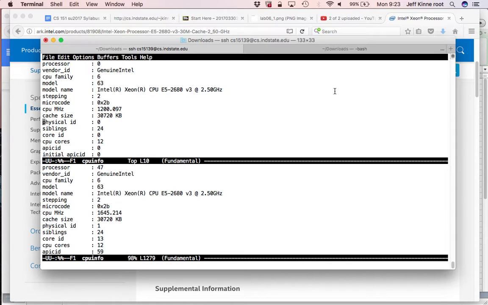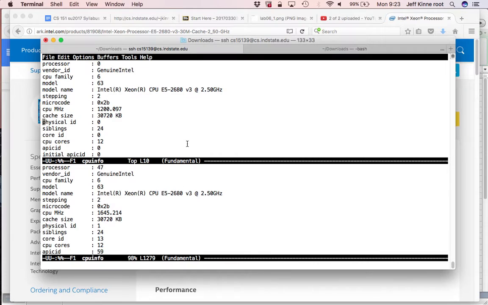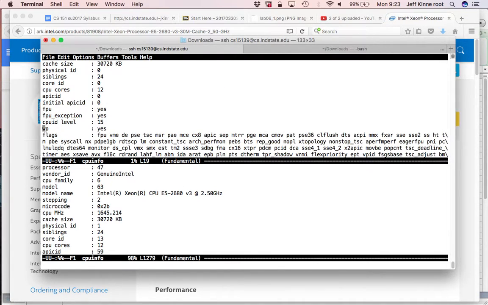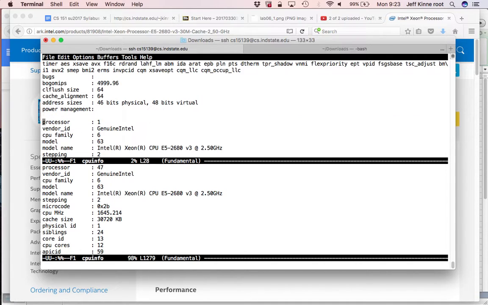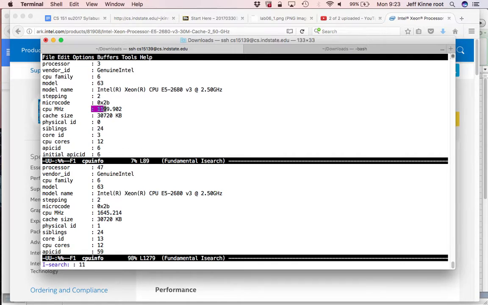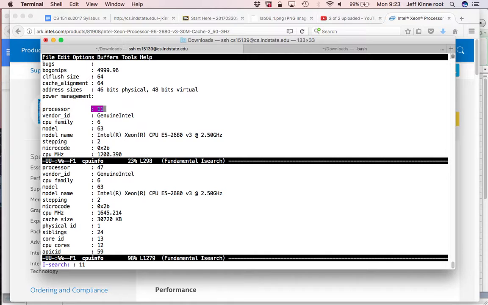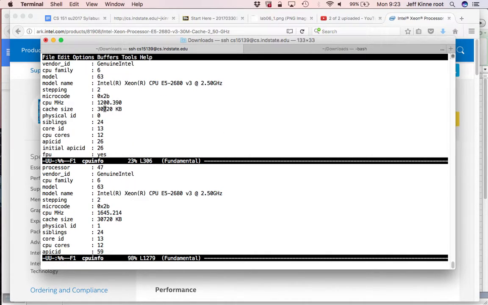So the part that's showing here, processor 0, is on physical ID 0, so it's on the first one of these. And if we go down here, the next one is processor 1 is still on physical ID 0. If we go up to processor 11, so 0 up to 11 are on physical ID 0,